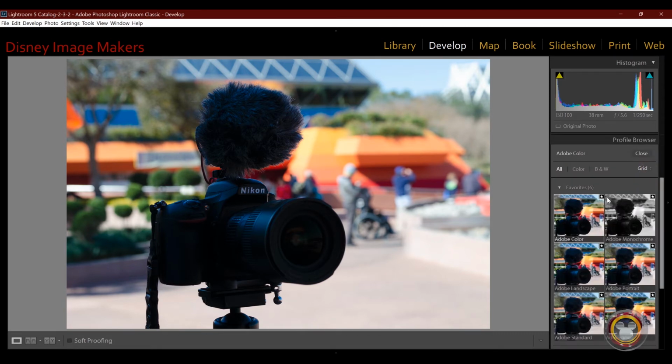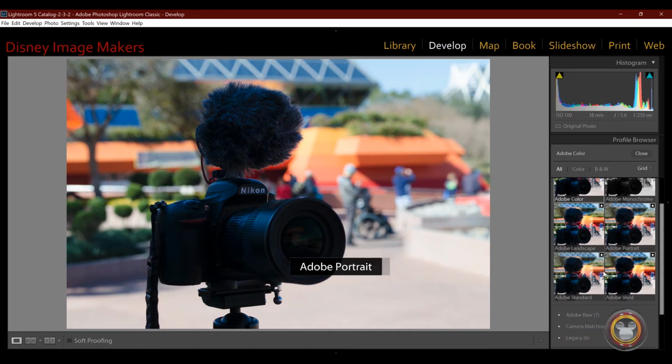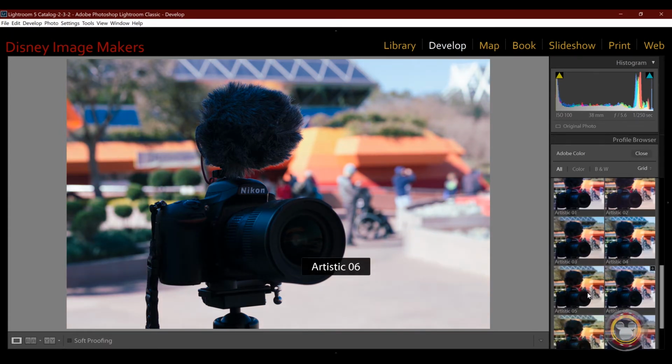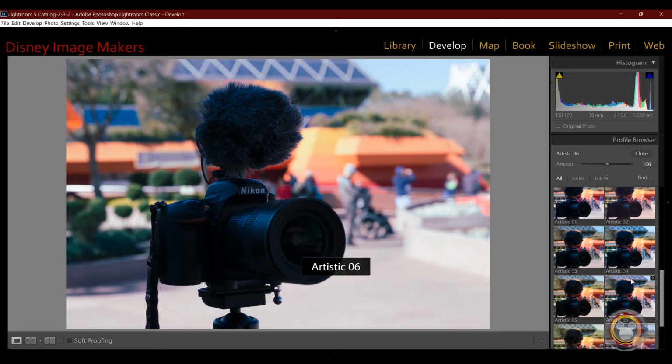Now over here are even more. So in here you have different presets. These are the ones I just showed you, and then down underneath there are other ones. So if you click open, let's say artistic, you hover over them, you can see in the main window it gives you a preview of what it's going to look like. So if you want a different starting point for your image, you can certainly hover over these and choose to start here. Now if I decide I wanted to start here with artistic 4,